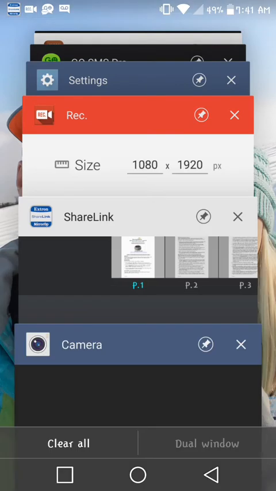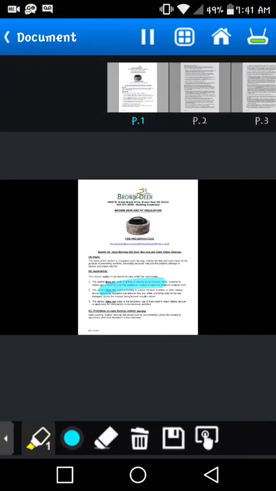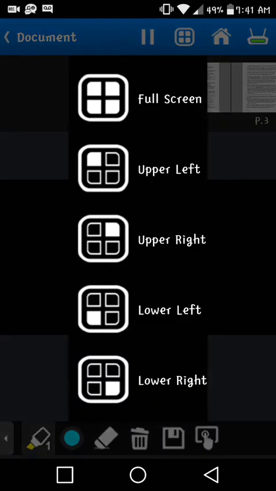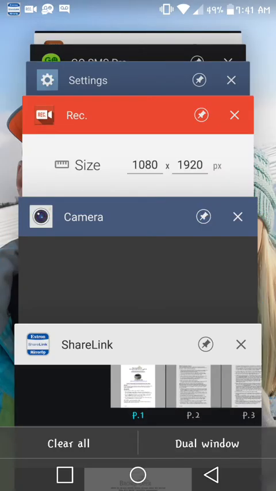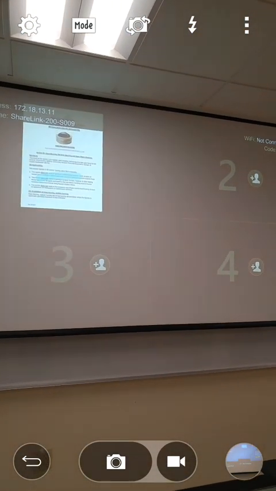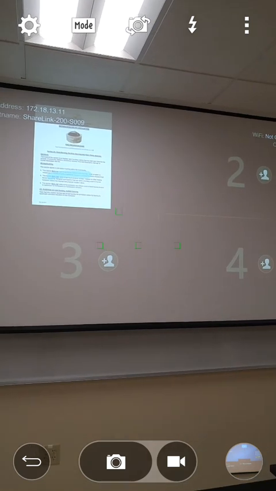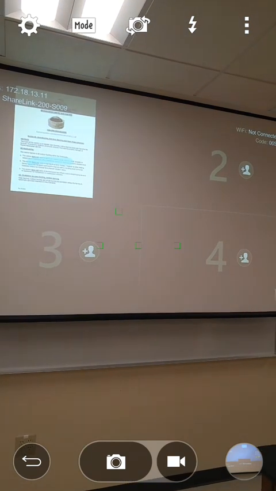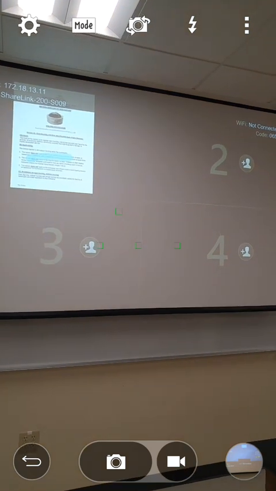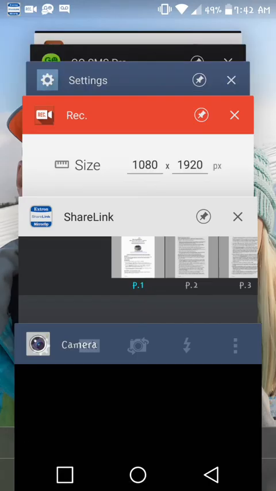Now I mentioned how you can also have students put things up on the screen as well at the same time as you. So next to this little pause button, I have a 4 square icon. I'm going to click on that, and I'm going to just put my content in the upper left. What this then allows is for your students to also connect into this, and they could put their content into 2, 3, or 4. So my content's up in the left. The students could put it into any of the other 3 spots. Or if you just wanted the students to have full screen, they would just hit the 4-box icon and hit full screen. So it really makes for a nice collaborative environment potentially with your students,